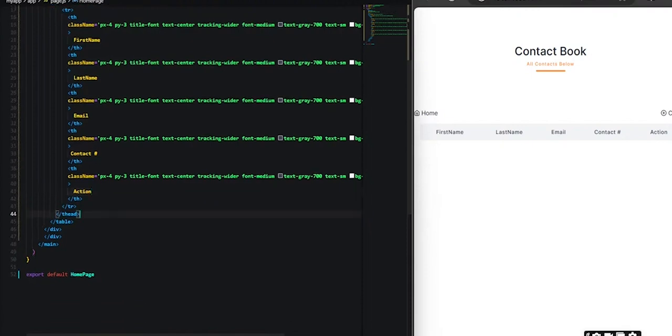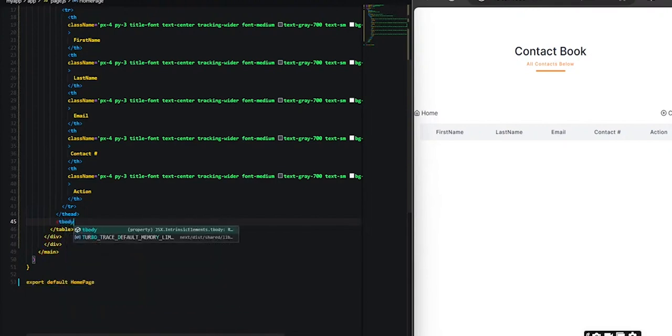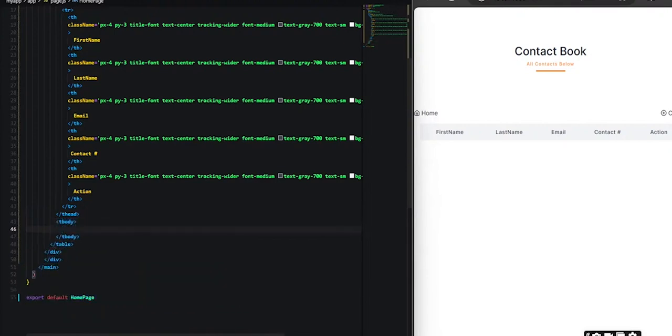Next up, we're going to need the body. So underneath the closing T-head tag, let's add in a T-body tag. And within it, we want to loop over the contact information that's in our database and display the columns within the contact object within our table. So we want to display the first name, last name, email,